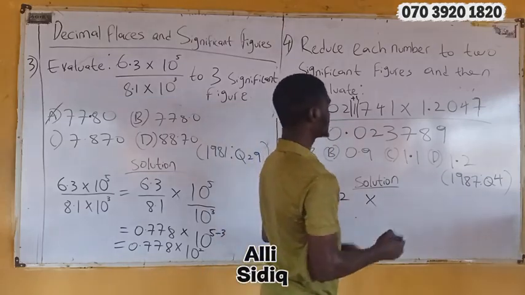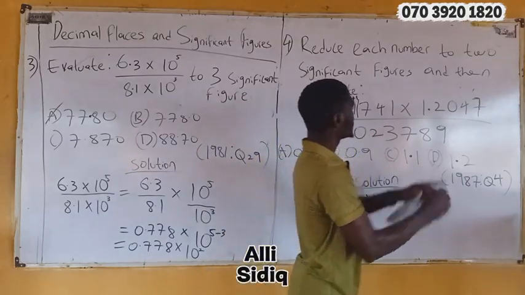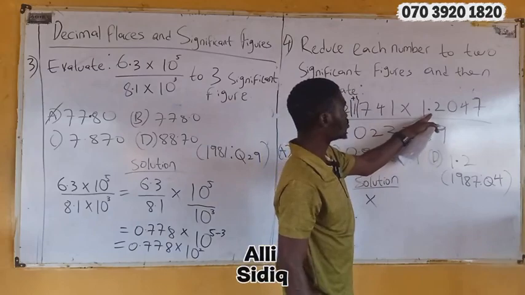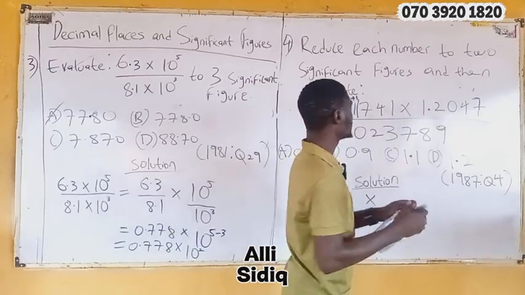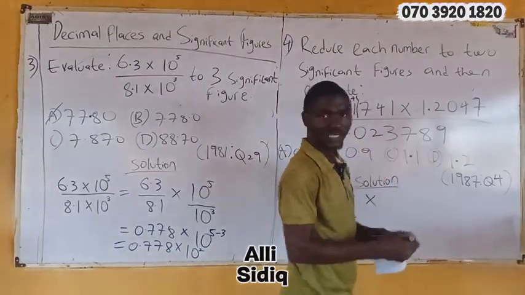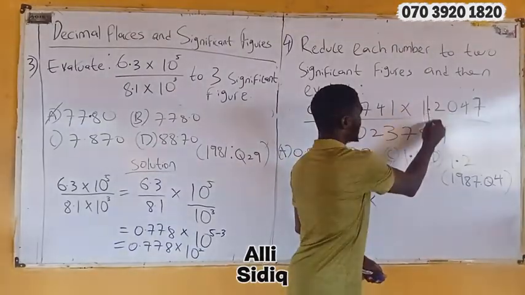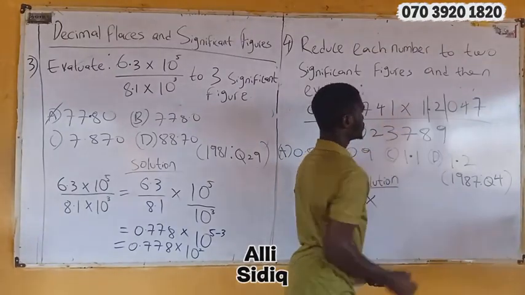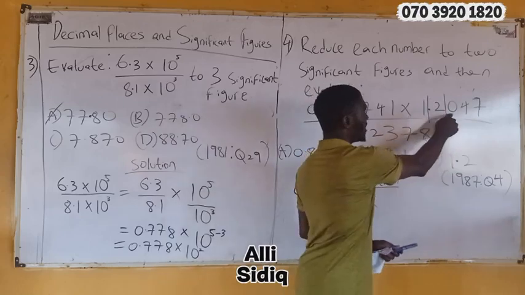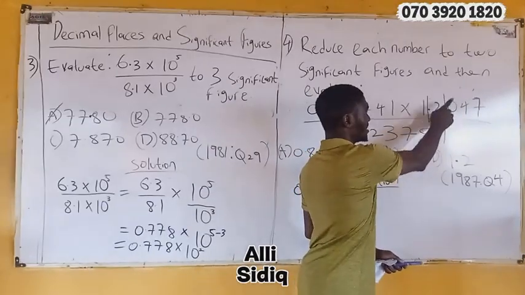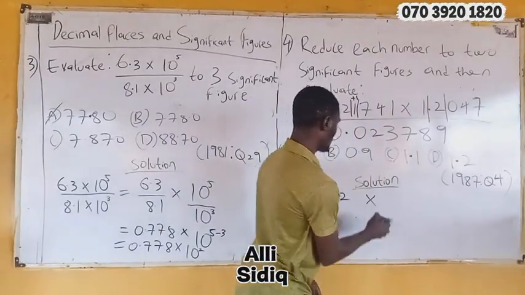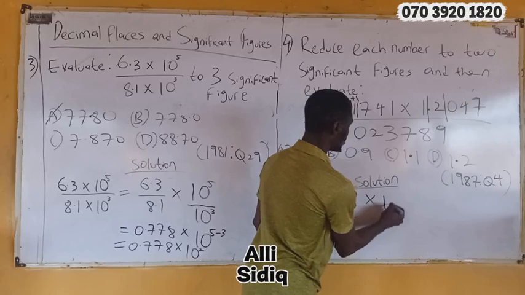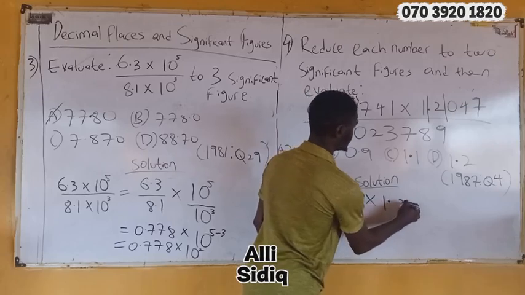Times, let's reduce this to 2 significant figures. The first non-zero here is 1. So now let's start. 1, 2. What I have immediately after my boundary is what? 0. I cannot add plus 1. So I'll be having 1.2